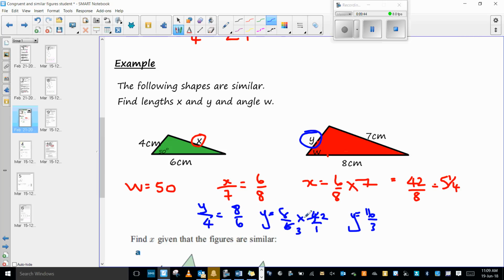Why would it be divided by 6 times what? It would be 4 multiplied by 4 over 1. Would it be 5 1/3? Which is 5 1/3, yep. Okay, we good with that? So we could do